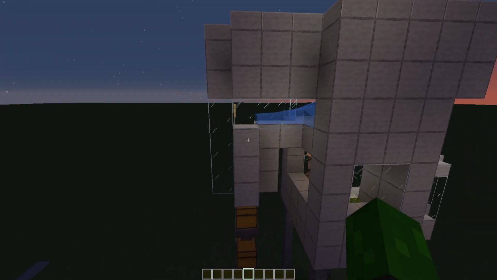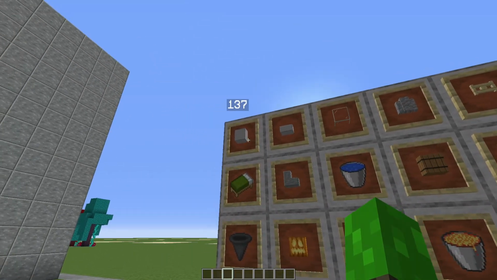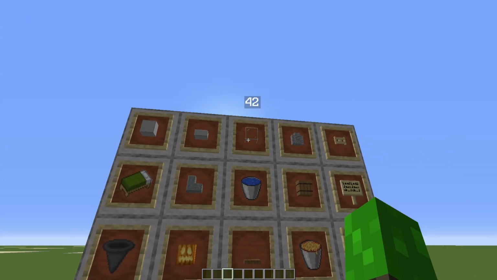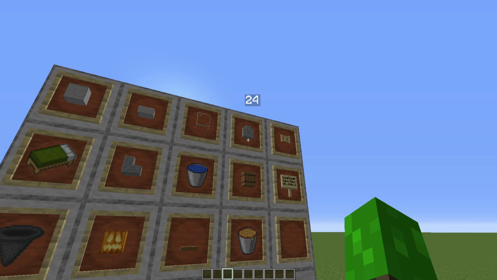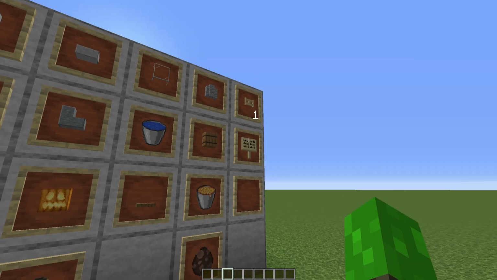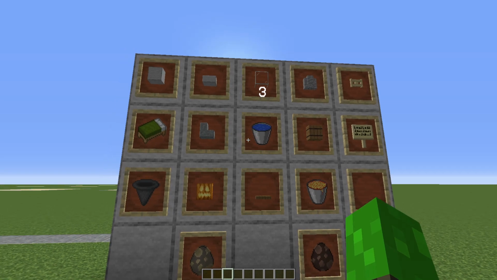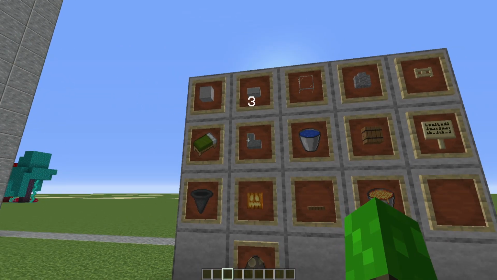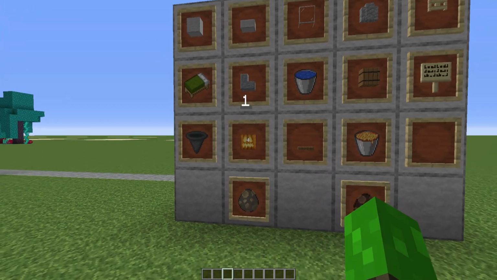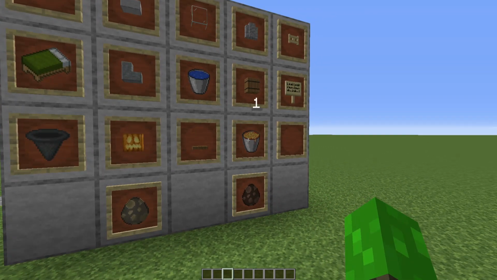So yeah, let's get on to the material list. So the materials you're going to need are 137 building blocks of your choice, 33 slabs of your choice, 42 glass, 24 walls of your choice, 3 fence gates of your choice, 1 sign of your choice, 1 barrel, 3 buckets of water, 3 stairs of your choice, 3 beds, whichever colour you like, 1 hopper, 1 light source block, 1 trapdoor, 1 bucket of lava,